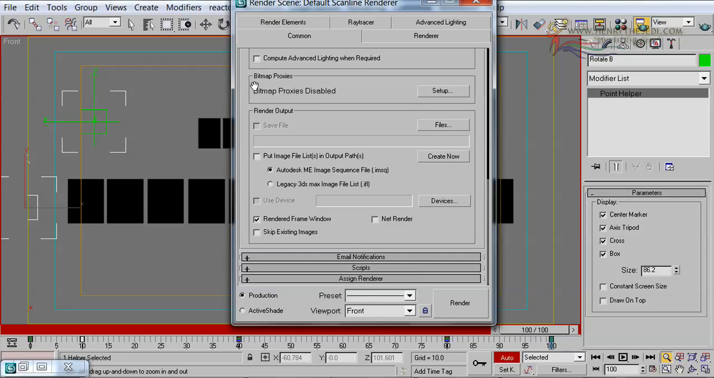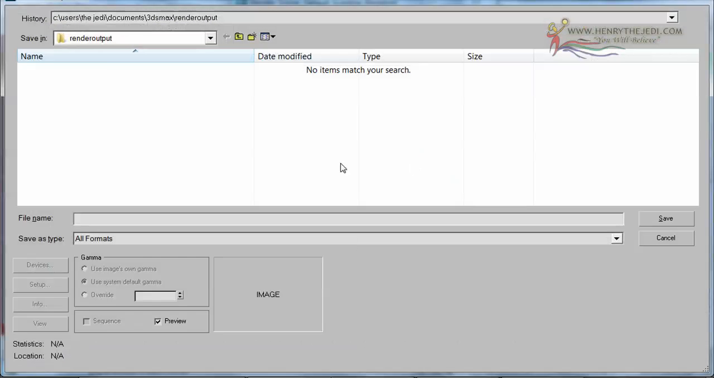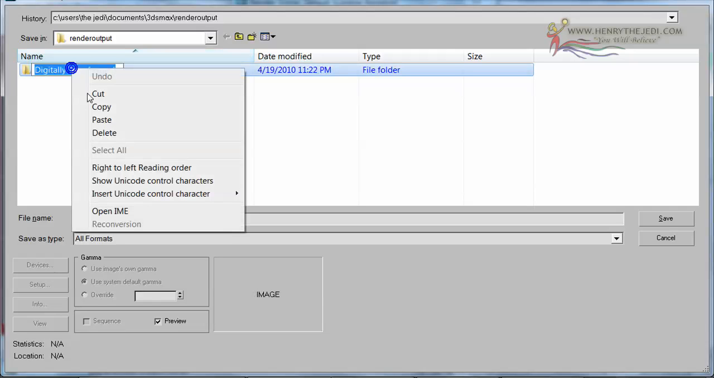Then, of course, we need to save the files. So we come in here under rendering output, click on files, and then create a folder for yourself. Call it digitally transformed. I'm going to copy this file name here,